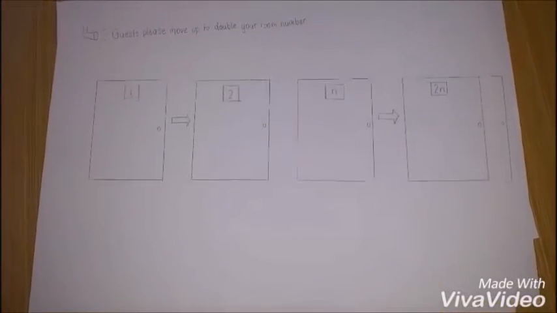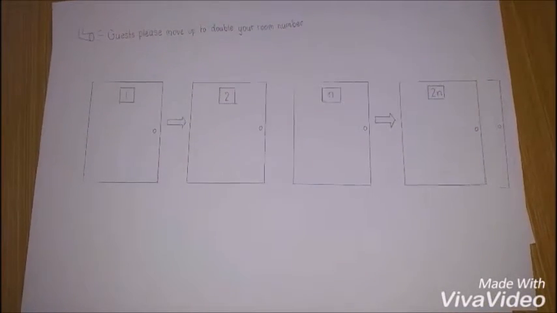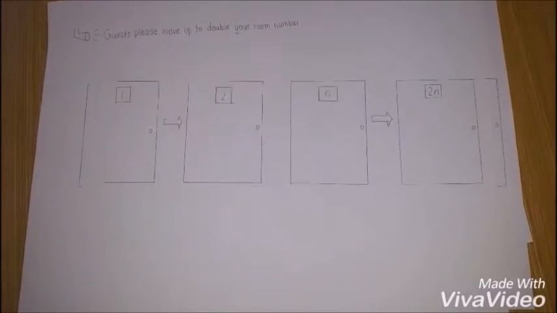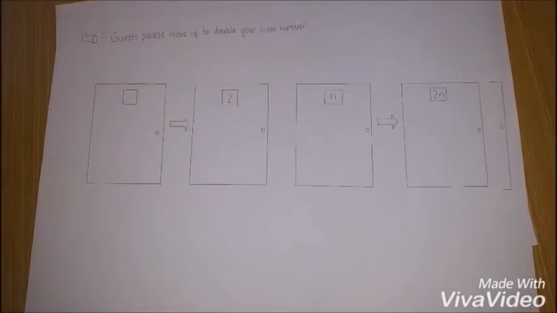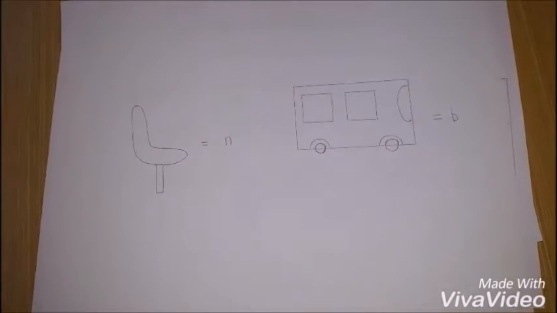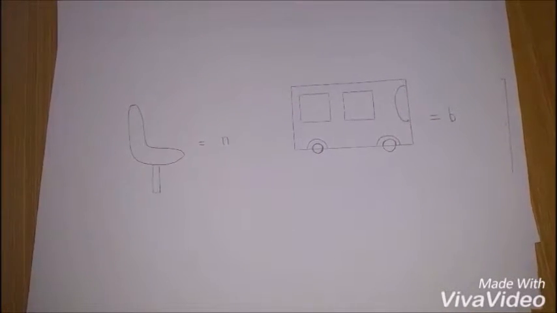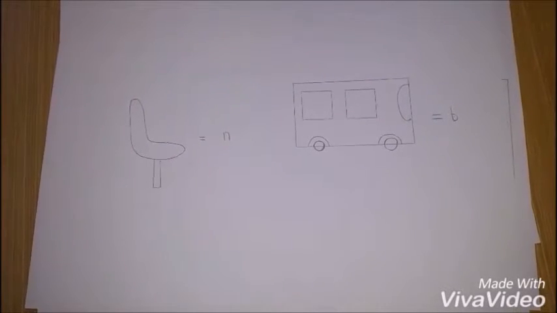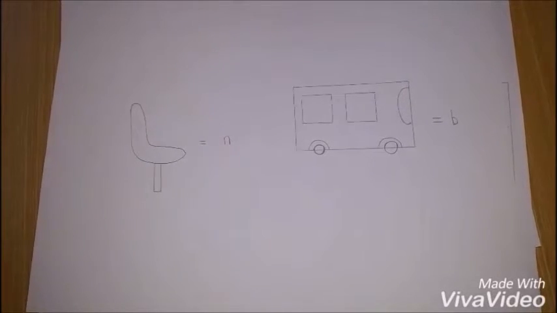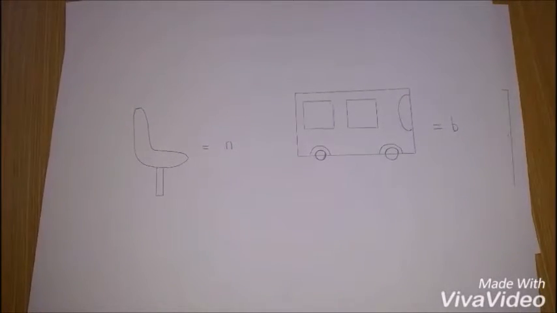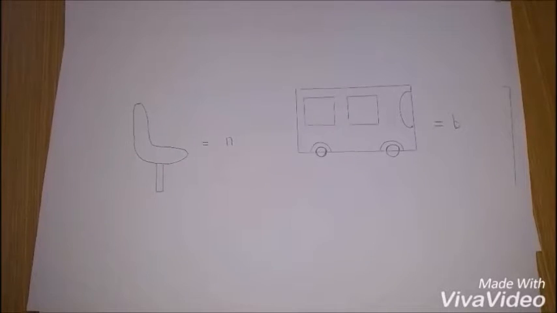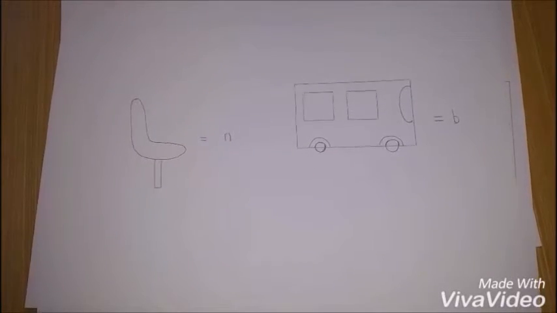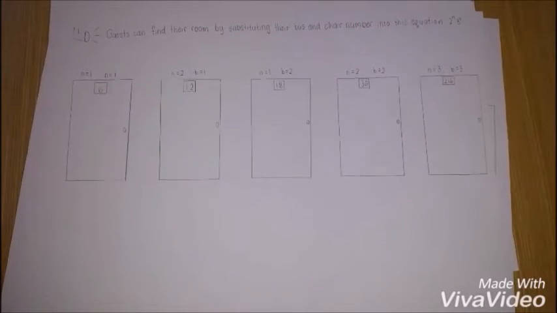This idea is further extended when infinite buses show up in front of the hotel. Inside the buses there's an infinite number of seats, carrying an infinite number of passengers who want to go in the hotel. To solve this problem, we assign their seat n with the number of the bus they're in, b. Now we assign n with 2 to the power of n, and b with 3 to the power of b. The reason why we choose 2 and 3 is because of prime factorization.